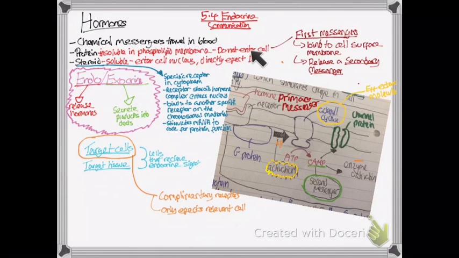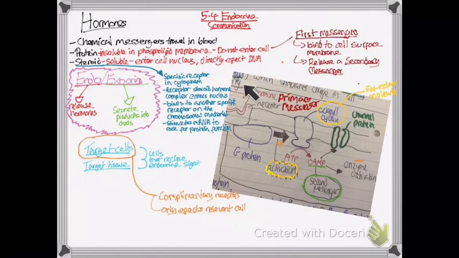Okay, then we've got this thing, first and secondary messengers. So first messengers are our protein. This is an example for protein hormones, okay? They are the first messenger, so they bind to the cell surface membrane on the target cell, okay? They bind to a receptor which is complementary to them. Okay, so see all these links here, this whole topic, they all link together. You've got to learn all these keywords, first messenger, secondary messenger, target cells, endocrine, exocrine, protein and steroid hormones, they all link together. So first messengers bind to the cell surface membrane receptor, and then they release a secondary messenger,